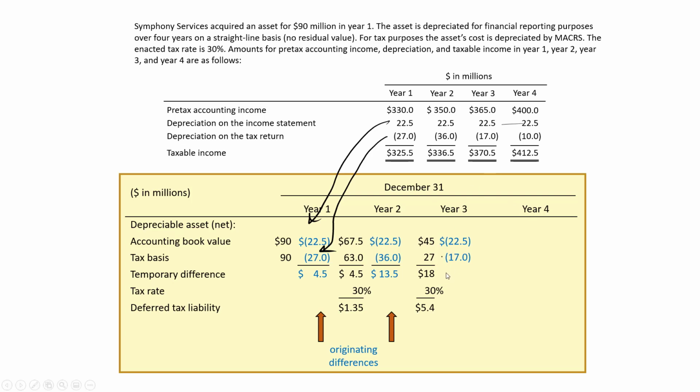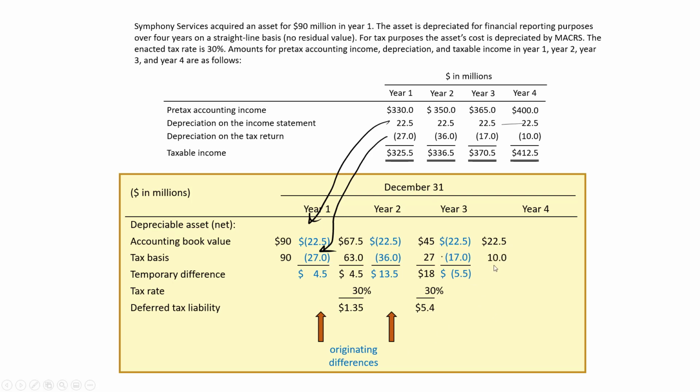Now our difference in year three is $5.5 million, but notice it's $5.5 million negative. Okay, we had increases in deferred tax liability in year one and two. Now we're reversing. We're getting rid of it. $5.5 million in year three. Giving us a book value for year three of $22.5 million, a tax basis in year three of $10 million,